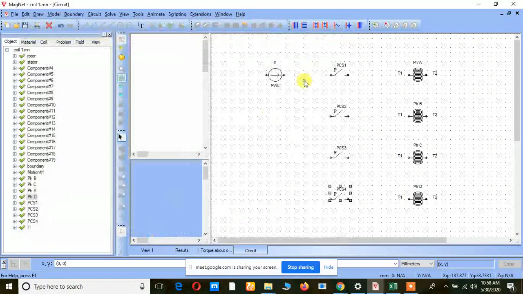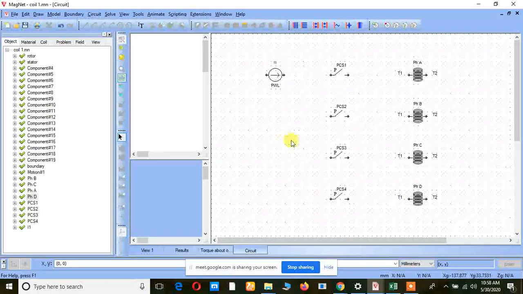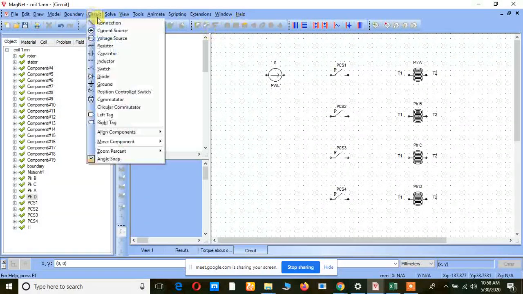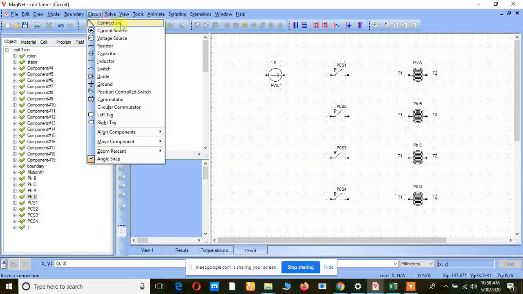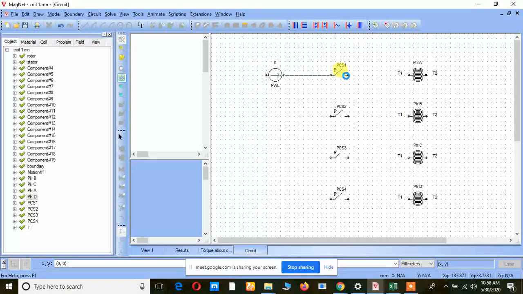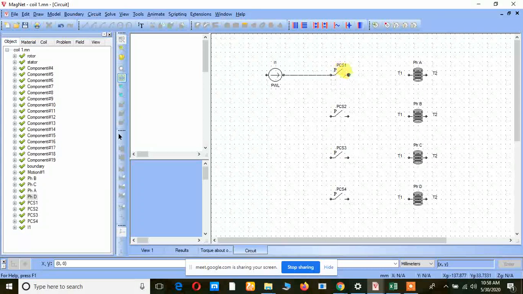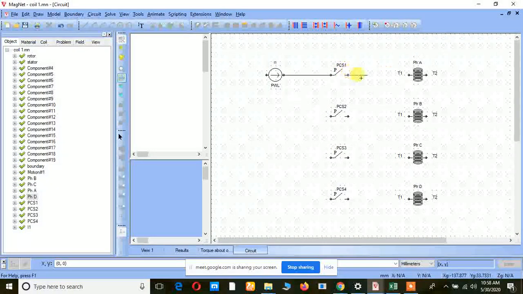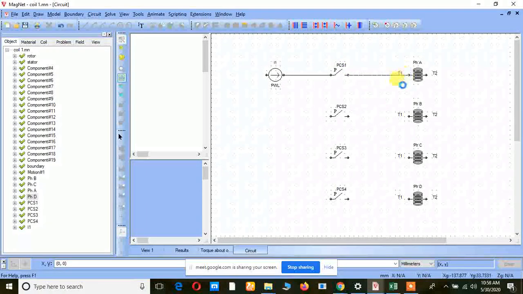Right? So now what happens if I give this supply here? Now just go to the circuit and go for the wire connection. Select it and just drag it here. Click where you want to start and give one more click where you want to stop, right?